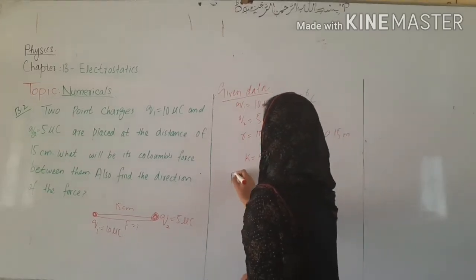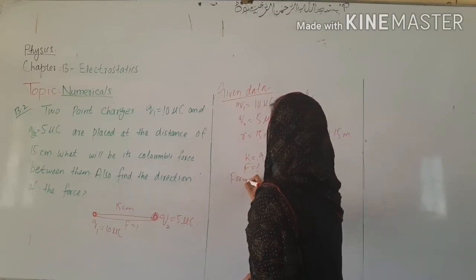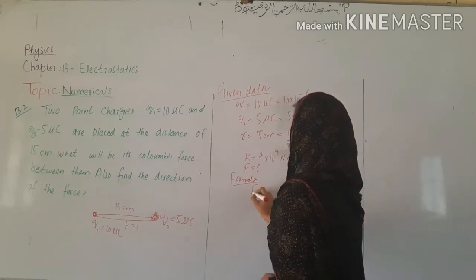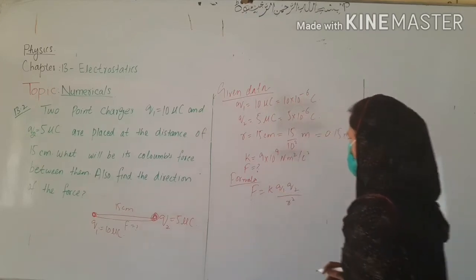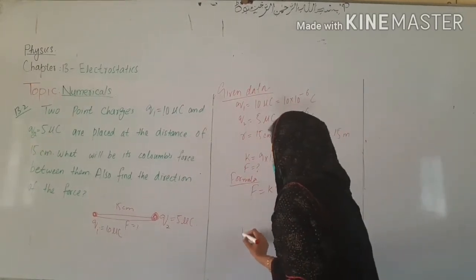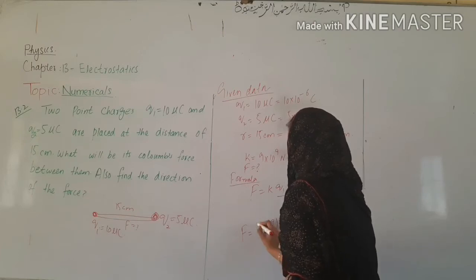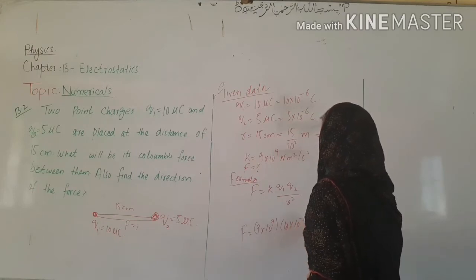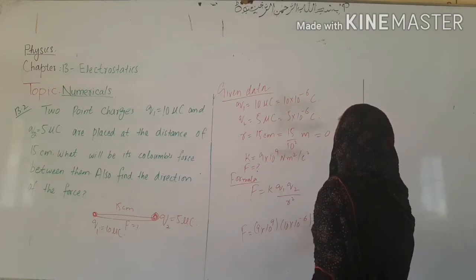To solve this equation, we have to calculate F, that is force. The formula for the given data is F is equal to K Q1 Q2 divided by R square. All the values are given in the data. Just put the values. F is equal to 9 multiplied by 10 to the power 9 into Q1, which is 10 to the power minus 6, and Q2 which is 5 multiplied by 10 to the power minus 6,